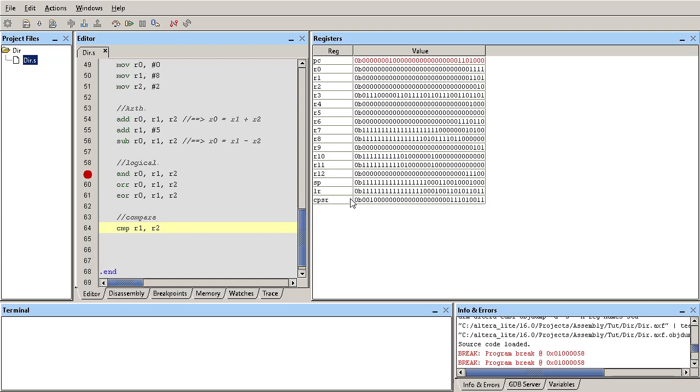Even the CPSR, what's going on? What happened is that the compare instruction, under the hood, performed a subtract and discarded the results. And since R1 actually is more than R2, we did not end up with a negative value. So we'll talk about how we do the modifiers in the next video. But maybe I just wanted to tell you that if you actually do a comparison,